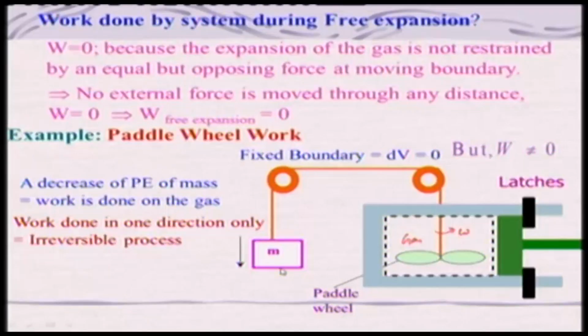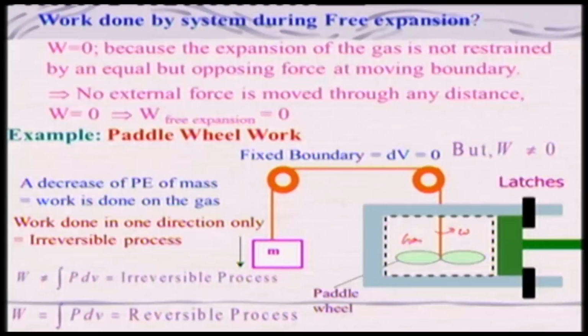Suppose I change this position, like moving the mass from the lower to the higher height. What will happen? It won't, right? It may be rotated in the opposite direction. That's all we can do, right? However, it will not be reversible, and the work done in the case of an irreversible process is not equal to PdV. For a reversible process, we basically call it the PdV work, right.